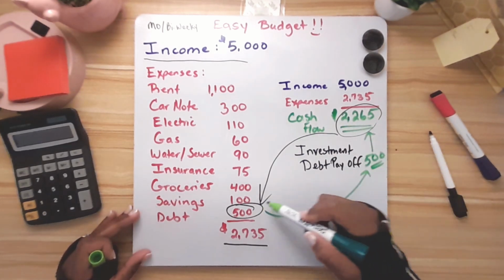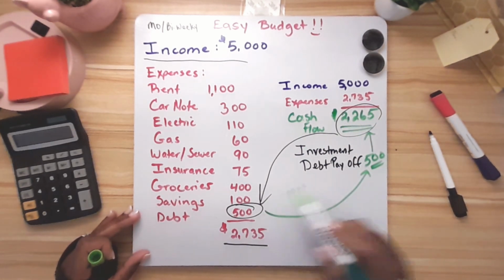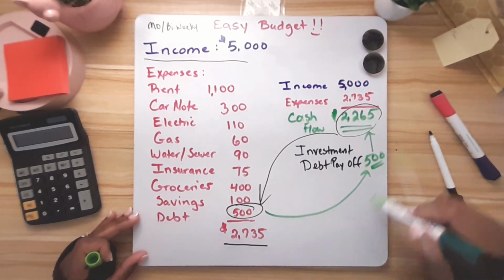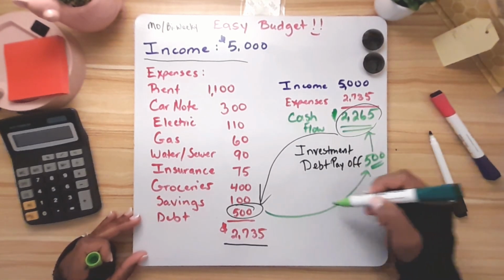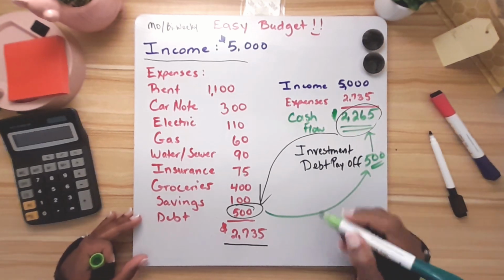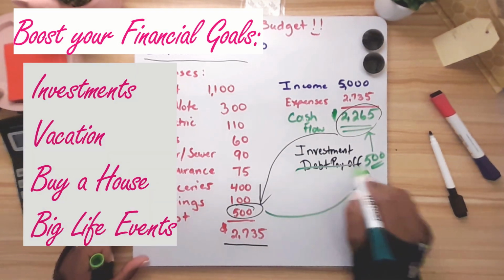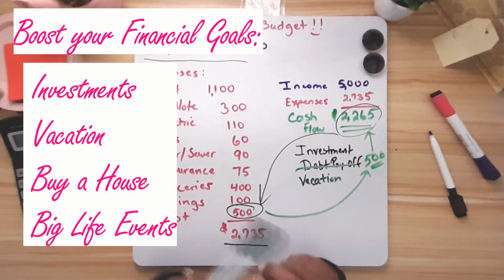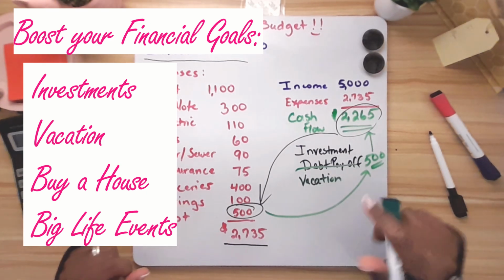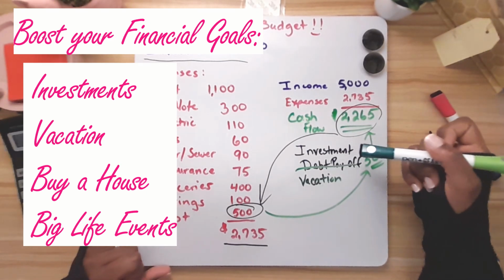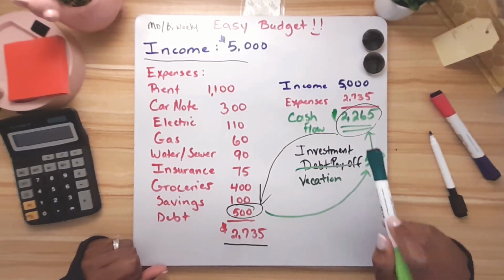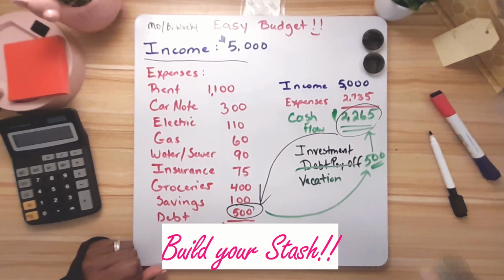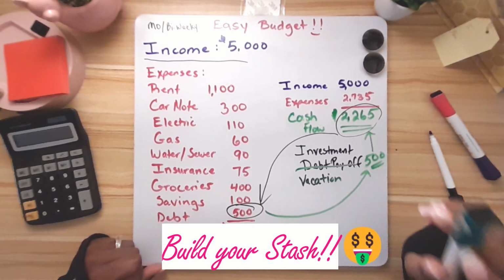So if you go ahead and you tackle that debt and get it out of here, then you will increase your cash flow, and then you can start to put that towards other financial goals like investments. And then this will be gone, and then maybe vacation, big purchases, big events that you may have. If you're going to have a baby, if you're going to get married, if you're going to buy a house, you can start to put these funds towards those goals and build your stash